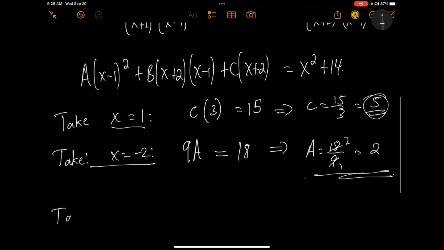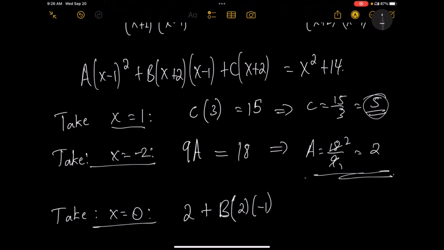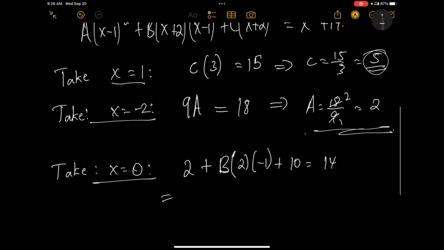a 2 ነው። then take x is equals to 0. 0 minus 1 negative 1 negative 1 square, that is 1. 1 times a is 2, therefore we get 2 plus b አላውቅም okay ለዛ b ሲሰማ b እጽፋለሁ 0 plus 2 that is 2, 0 minus 1 that is negative 1 plus c times c ስንት ነው 5 ነው 5 times 2 that is 10 which is equals to 0 squared plus 14 which is 14 okay,